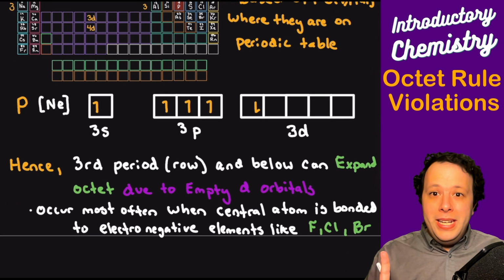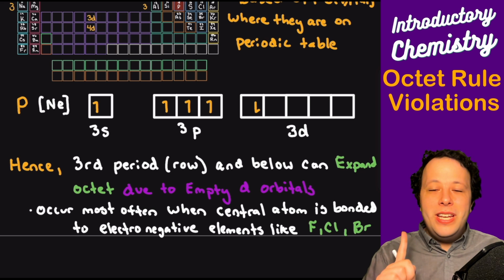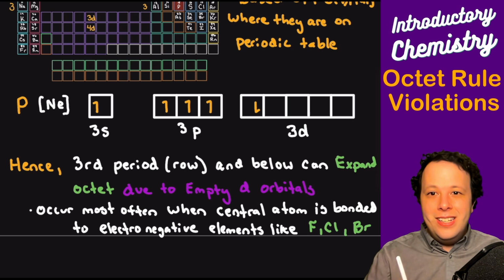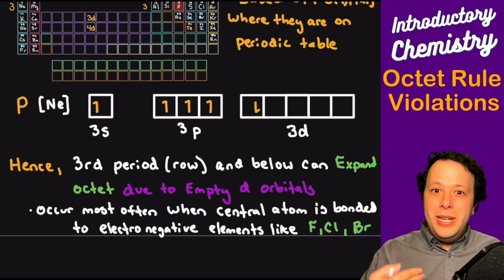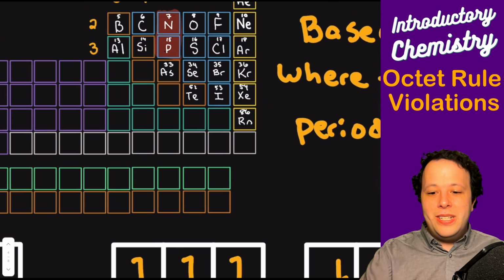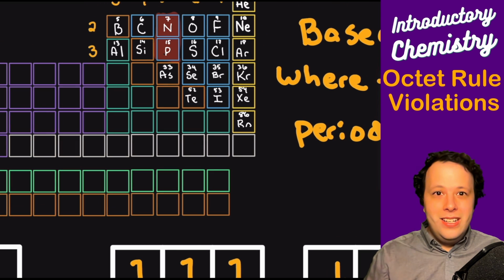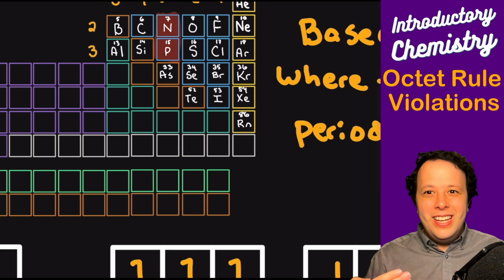So what that means is that the third row of the periodic table is important. If you're at the third row or below, they can expand their octet and bond based on how many valence electrons they have. So phosphorus has 5 valence electrons, meaning it can make 5 bonds. Sulfur, which is next to it, can do the same thing. It can bond to 6 different things. Heck, even iodine or bromine or chlorine, they can bond to up to 7 things if they were to choose to expand